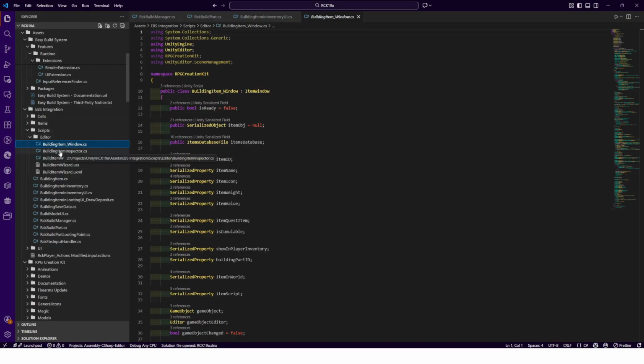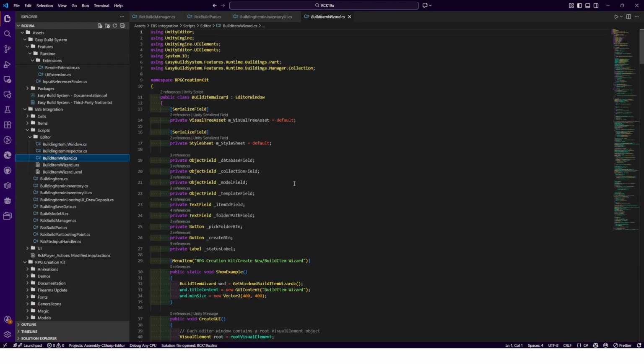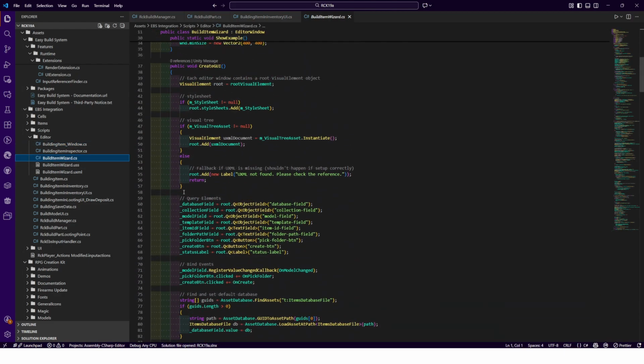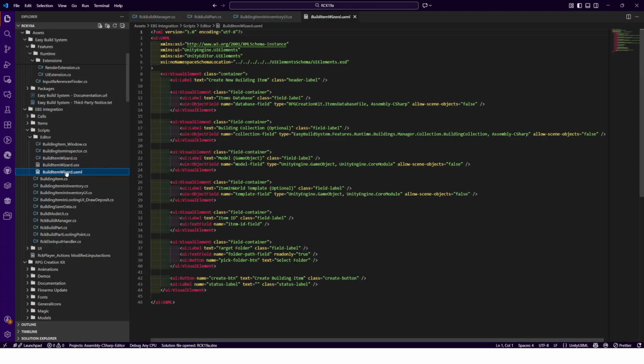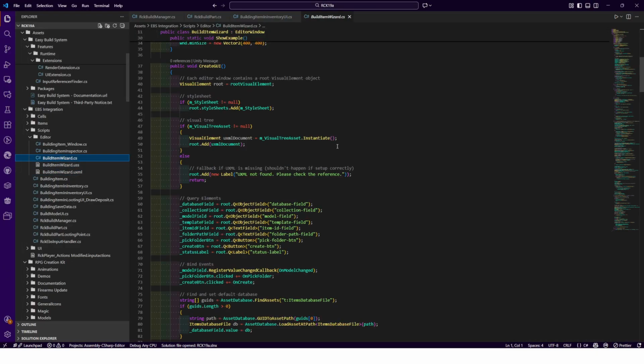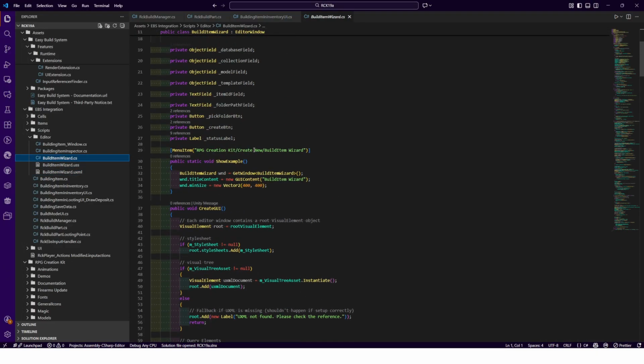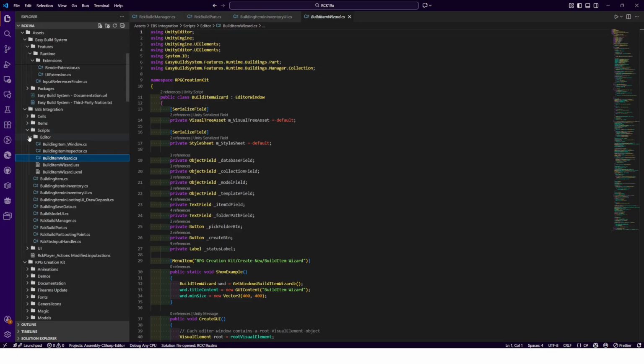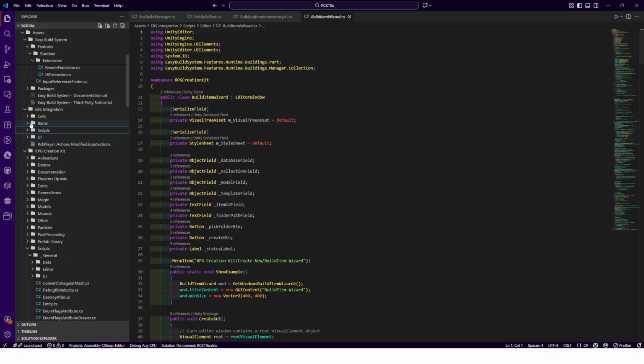Though the inspector and the item window are basically copies of the other item types in the RCK, and then this wizard is a completely different window, and this one's using the UI Toolkit because it's easier for me to use that for new things. And that is pretty much it